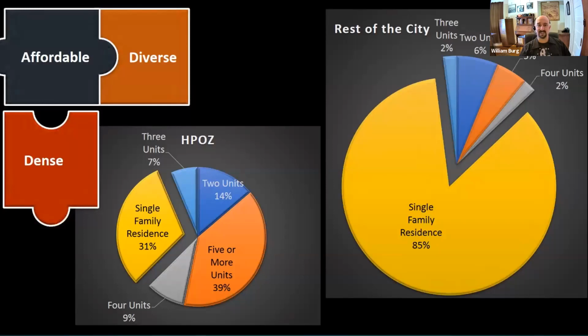A similar study has not yet been done in the city of Sacramento. I'd love to, it's just we don't have the money to hire Donovan Rickman. LA Conservancy, they're a great organization, but they're a little better funded than us. And you can see that most of the city of LA is single family residences, 85%. But in HPOZs, only about 1 house in 3 is a single family residence.